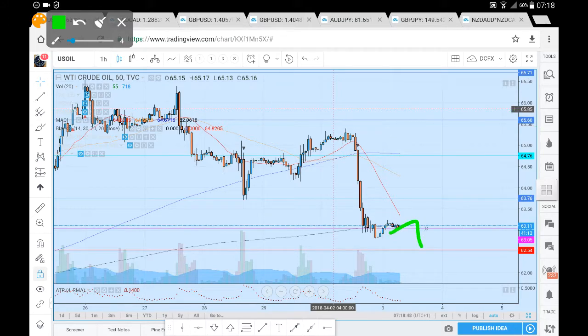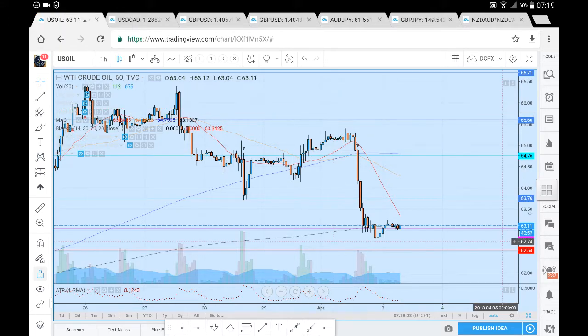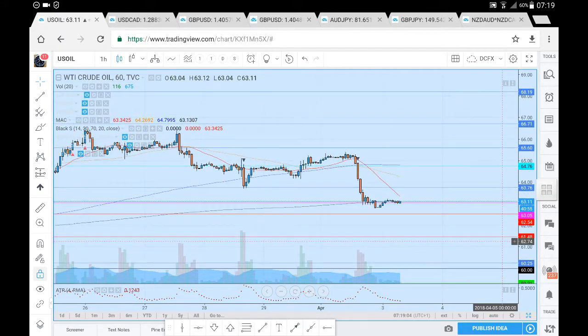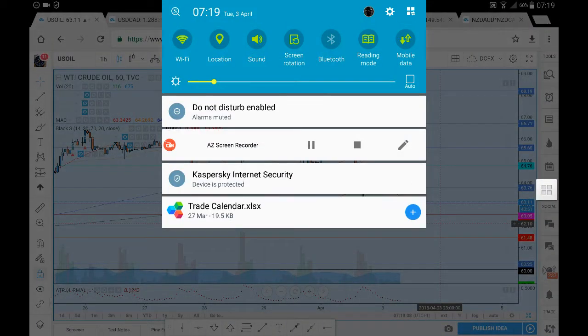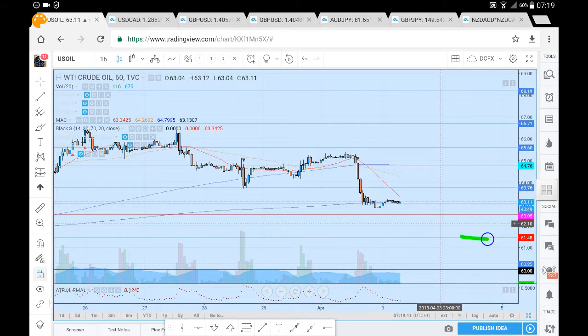If, however, we do break down from the 63.05 and with the confluence of the 400 period moving average, we're then looking for price to progress down towards the very next major level of 62.54. And if we aren't able to find support at the 62.54, we're then looking for prices to move down towards a 61.48. Yep, 61.48 will be the very next major level here, marked out in red, that we'll be looking